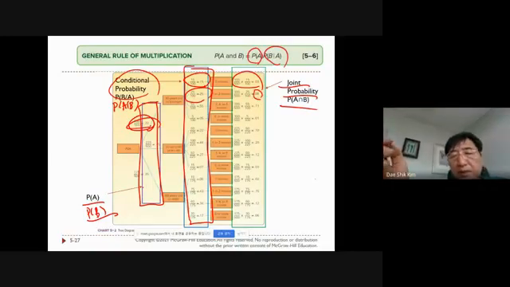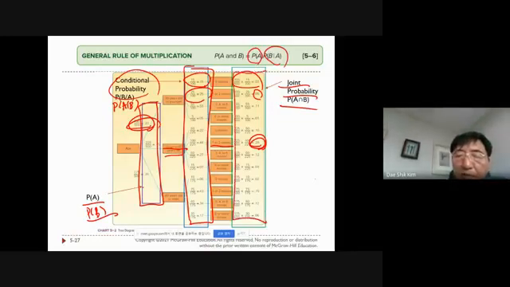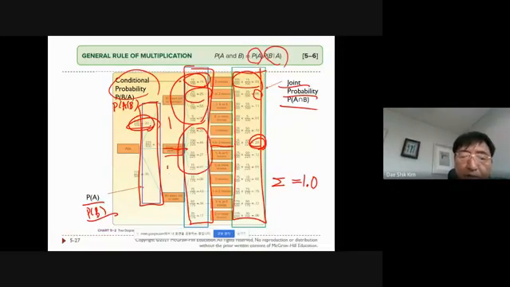Joint probability. Okay. What does your age group mean? Your age group is 30 to 60, and you watch one or two movies, the total is 0.2, joint probability. When you add all of them, the joint probability summation of all of them is equal to 1.0. How about here? The summation here is 1. This is another, this is 1. This is 1. When you add up, this will be equal to 1.